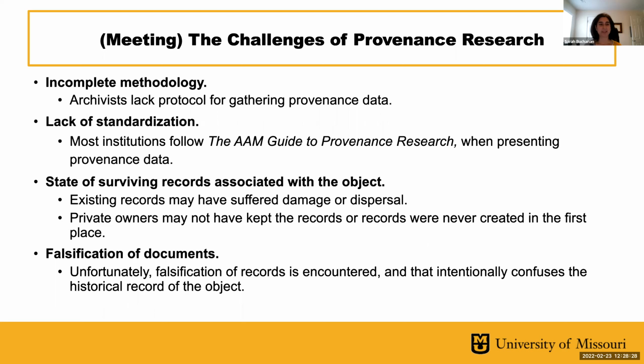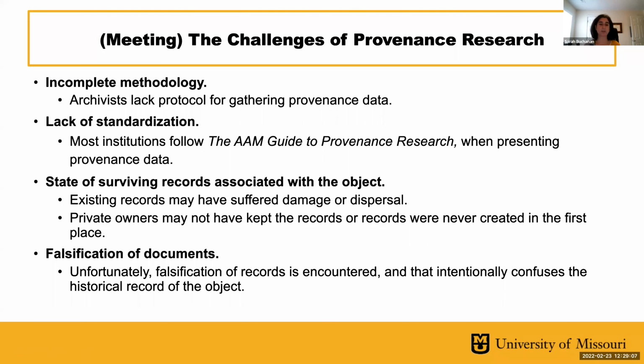In the second bullet point, you see also the issue of a lack of standards. Jane and I have discussed a few times that the AAM guide to provenance research, as well as the IFAR guide, have a lot of virtues, and they provide a very solid foundation for introducing some places for where to start, but we do need some more detailed resources in addition to that. These resources, like the two here, can also be limited in focusing on art museum collections. And again, we wonder, where are the resources for archival materials?